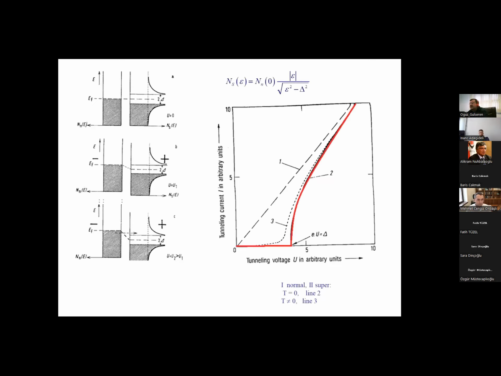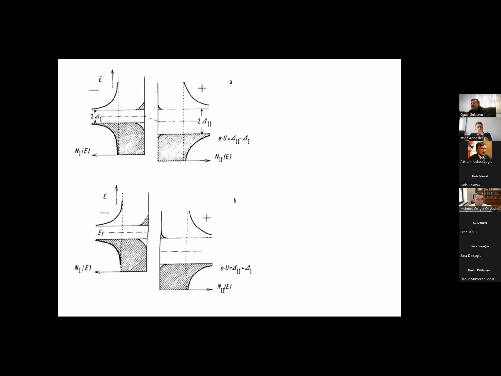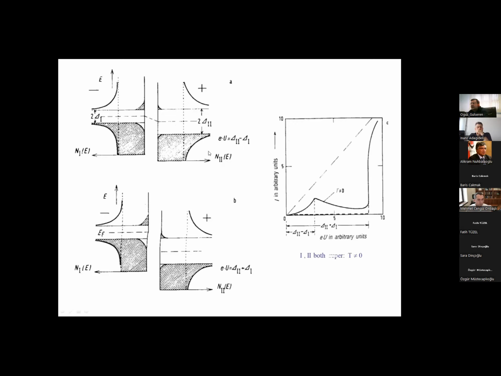And actually this is nicely observed in this tunneling experiment. You see, first there is no tunneling current, so you have to overcome this band gap. Then you have the tunneling current and so on. The dashed line is the finite temperature effect, this smoothing comes from the temperature. Then you can repeat the same thing with the two superconductors, as I showed. Then you will have a tunneling curve like this. So, okay, we have a supercurrent.